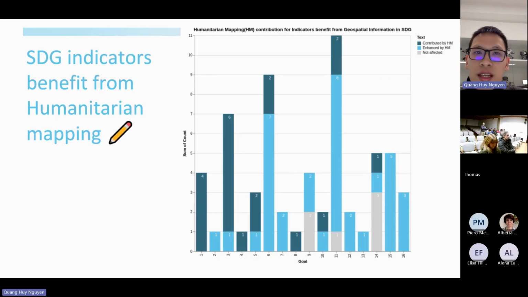So we can see there's also a big number of contributions. Also, some of your interest has been the third goal and the sixth goal, which mention how they can contribute through humanitarian mapping.